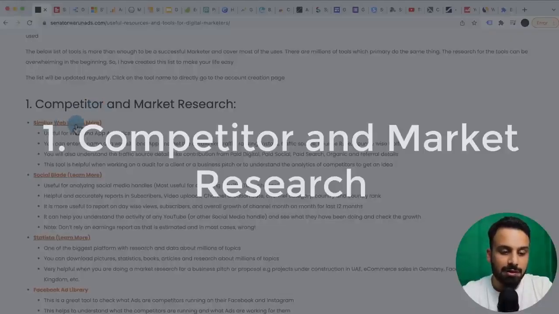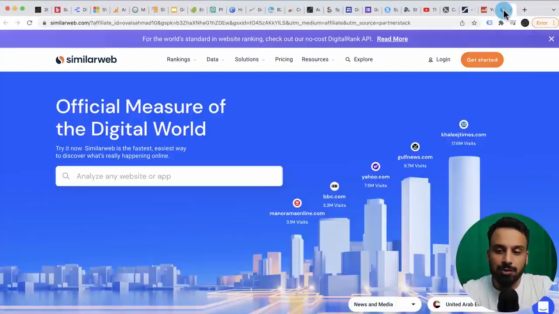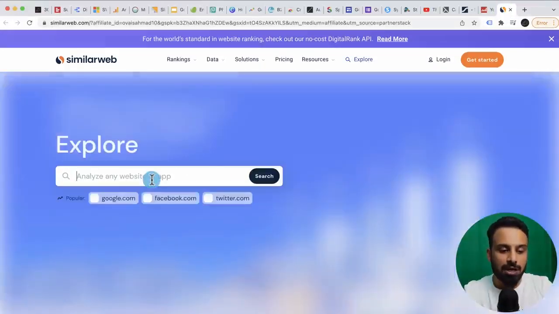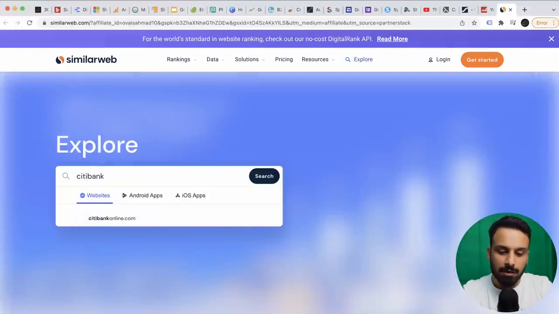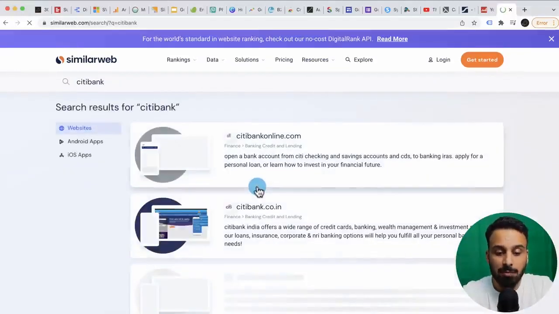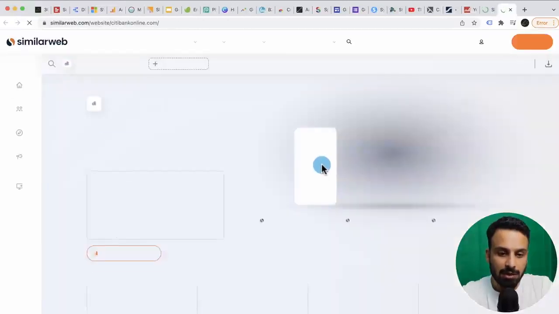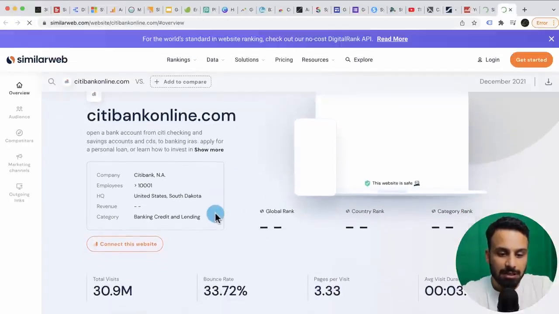The first tool we have is SimilarWeb. This is a very useful tool. I'll quickly show you. If I go here, the link is there if you want. So for example, this is the home page, and if I have to check details about, let's say, the Citibank website, this can be helpful in terms of your competitor research. For example, I'll go to citibankonline.com, and you will see it will show you